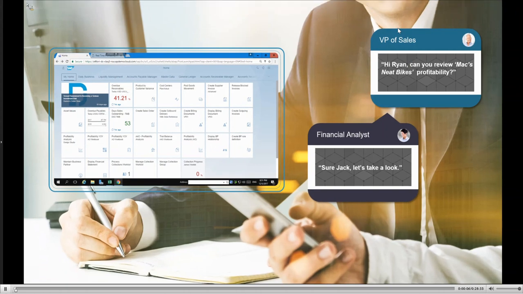Okay, so we're going to now move on to the order, ship, bill, order to cash, or profitability vignette. And seemingly when we start these conversations, it usually revolves around pretty easy to answer, or seemingly easy to answer, questions that would be really important to the company, such as, hey, can you review profitability for one of our current customers, in this case, Max Neat Bikes? So, sure, let's go ahead and start looking at that